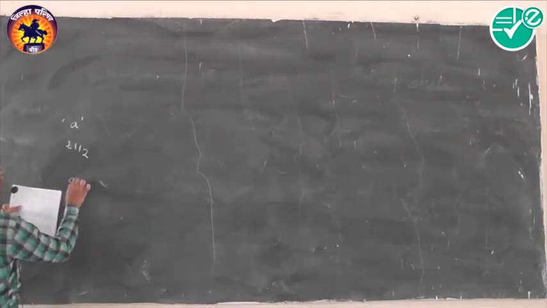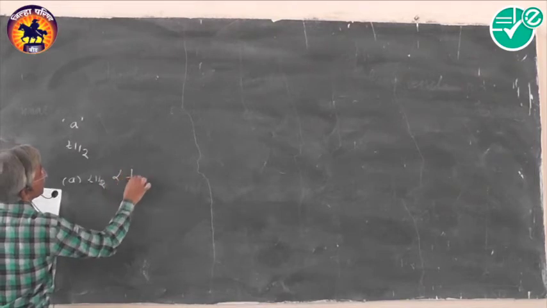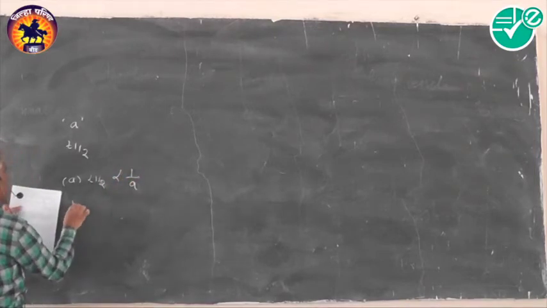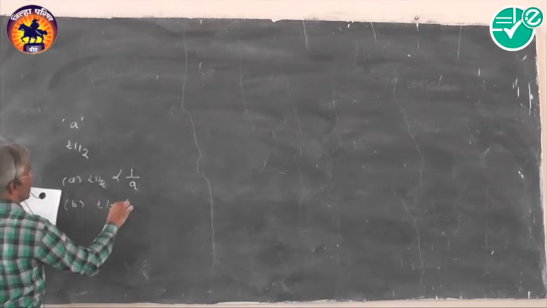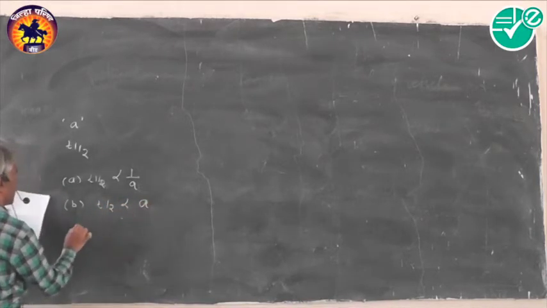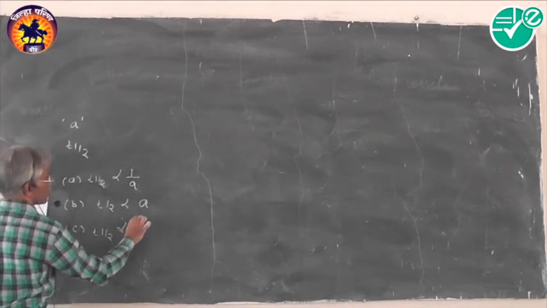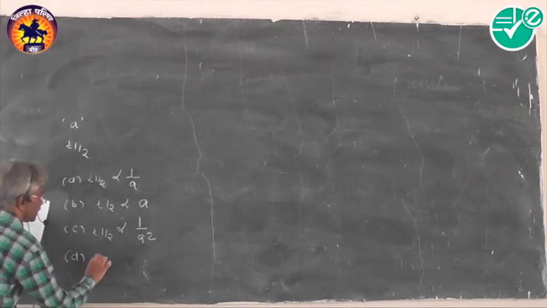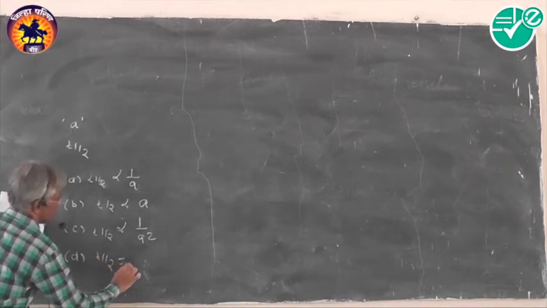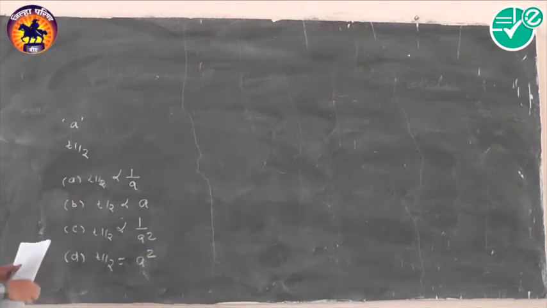They have given the first option as T1 by 2 is directly proportional to 1 upon A. B is T1 by 2 directly proportional to A. Option C is T1 by 2 directly proportional to 1 upon A square, and D is T half equal to A square. Now this is not a difficult objective, but the formula is a tricky one